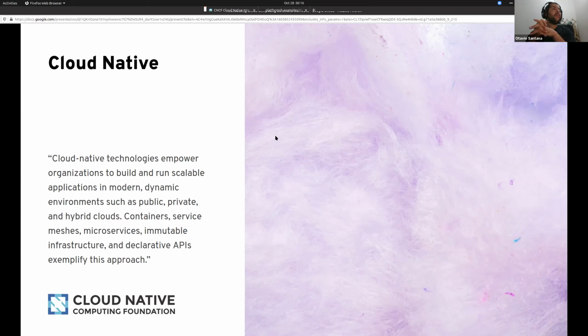The definition says cloud native technology empowers organizations to build and run scalable applications in modern environments. It has some samples like containers, service mesh, microservices, immutable infrastructure, declarative API. Those are some samples. I'm not sure about this approach because to me it has too much buzzword.